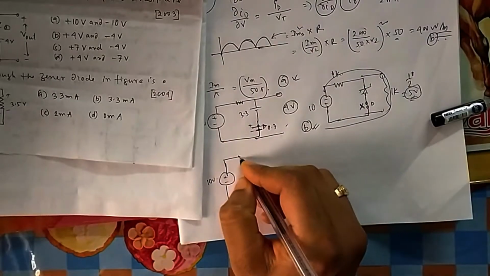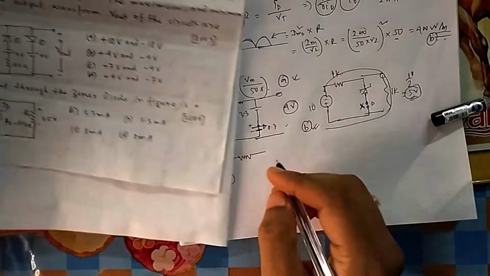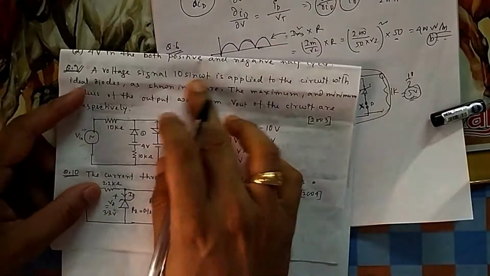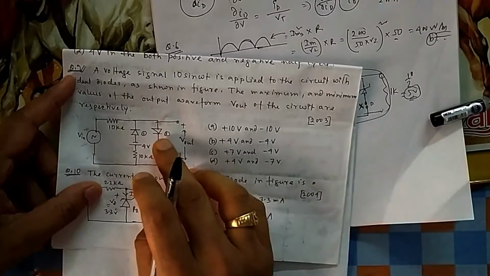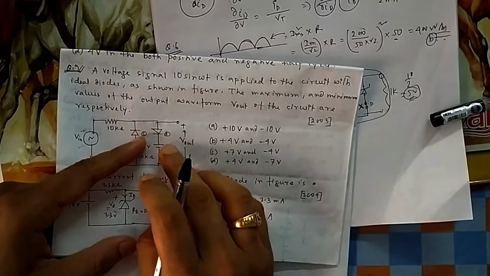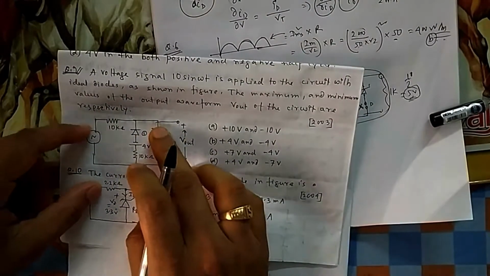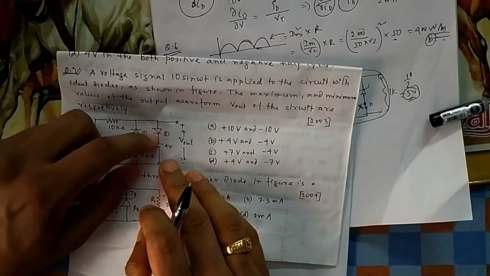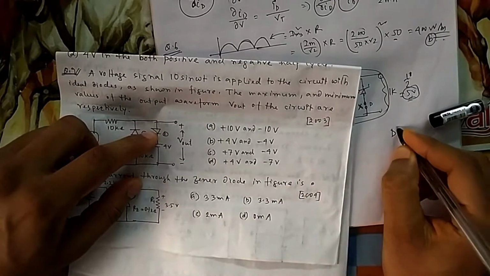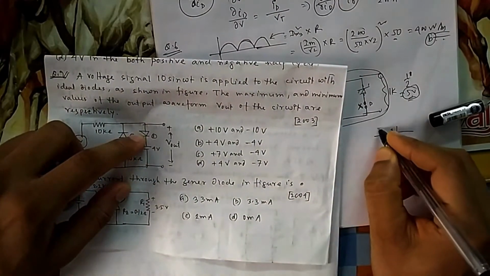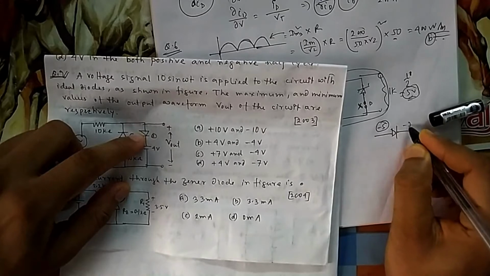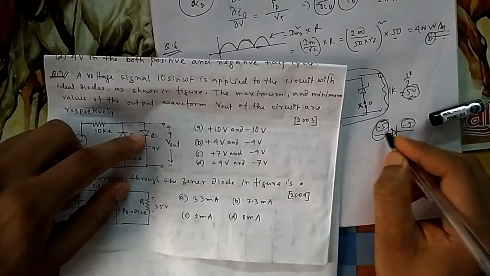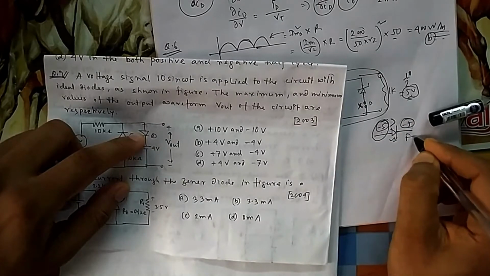If I am coming to this one, this is 10K. Remember this one, 10K. And then this voltage. Because they are ideal diodes, we will not consider any drop. So this will be forward bias, because this side is 10, this side is 4. So this side should be greater than this. It is not that this has to be positive; both can be negative also. Diode forward bias, do you remember this? If I say this side is minus 5 volt and this side is minus 7, then also it is forward biased, because this should be at higher potential, and minus 5 is greater than minus 7. So therefore it is forward biased.